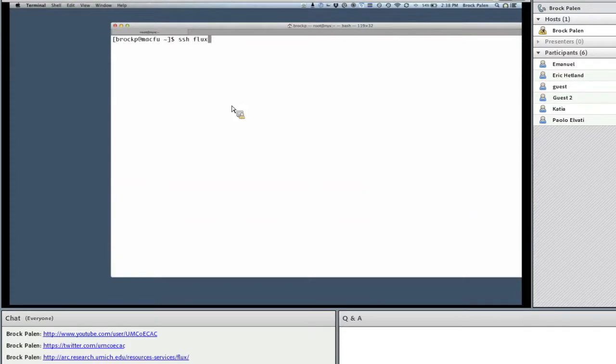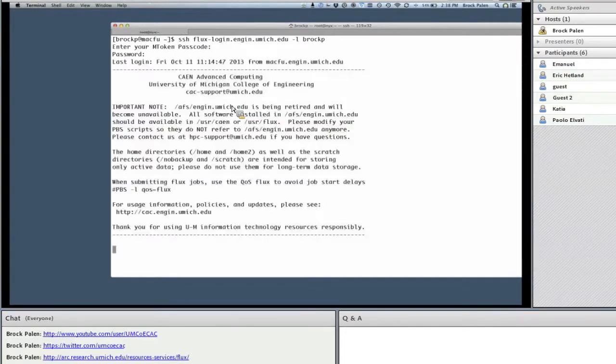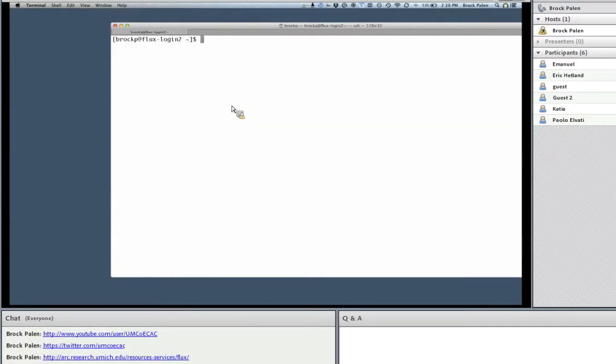So if I SSH to Flux login, M token, okay, so if I actually run the command free nodes, this will show you how much stuff is free on